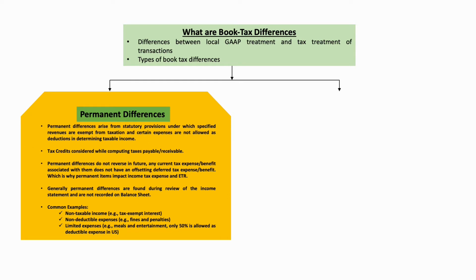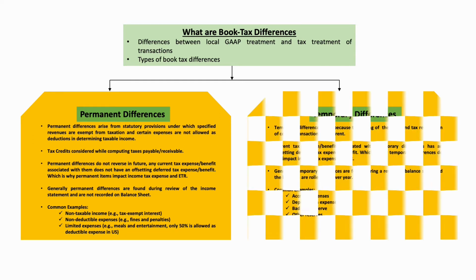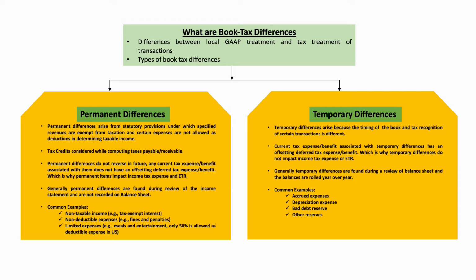So you can figure out all the pieces of expenses and all the pieces of income on your P&L statement to determine whether there is a difference in the treatment of those items as per your GAAP accounting and as per your local tax laws. So the other kind of book tax difference is temporary difference, which is